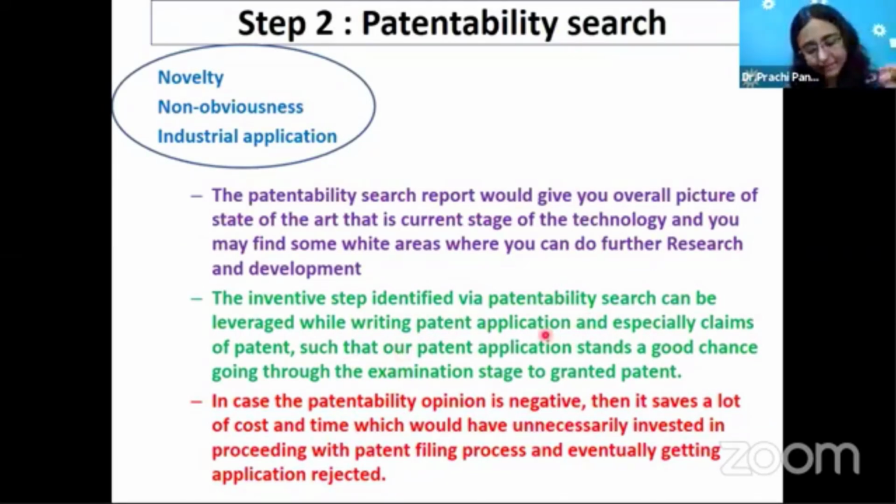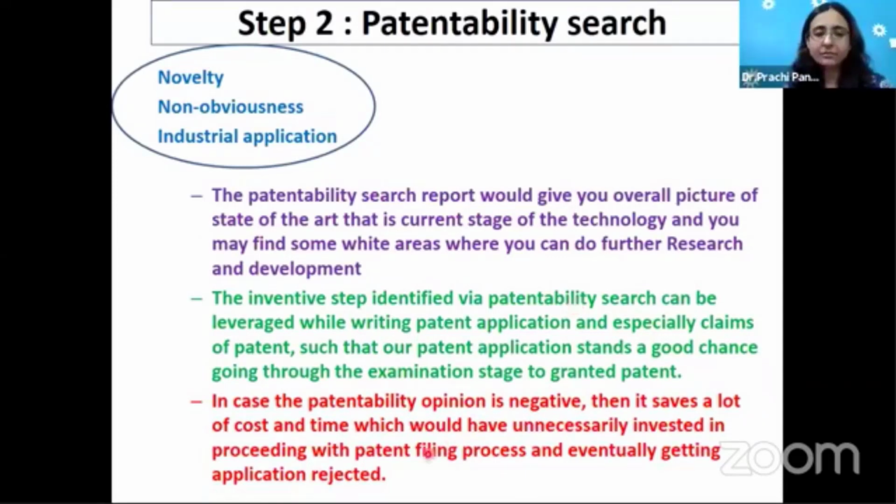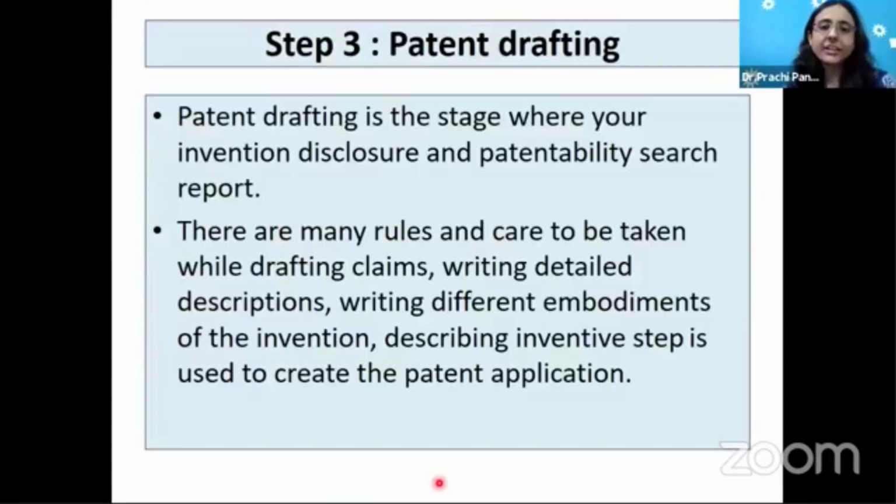You have to read the claims thoroughly, map them, and find out where the scope of research is. Even if you don't find any scope, still it is good for you. You will not waste your time and energy in doing the research, and you can switch over to another research or another topic. Patent drafting is very important.